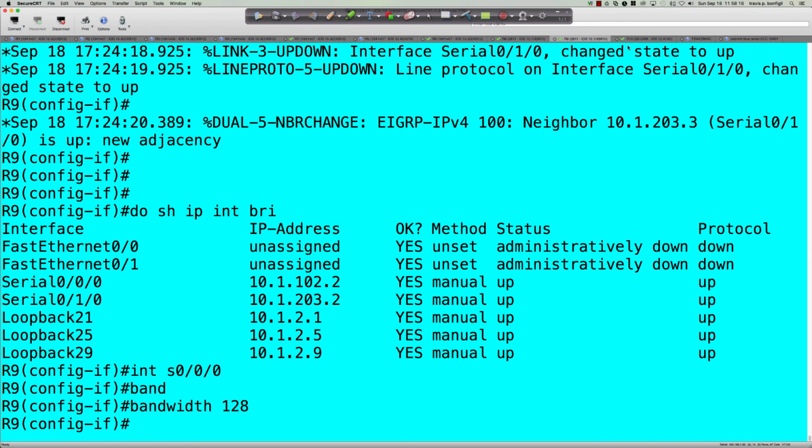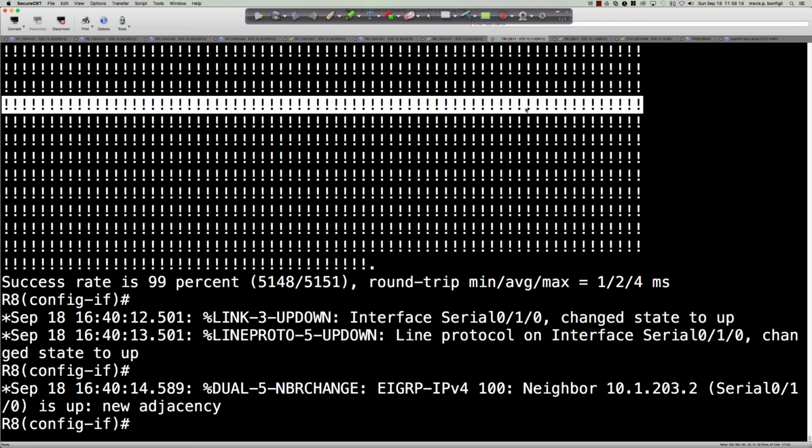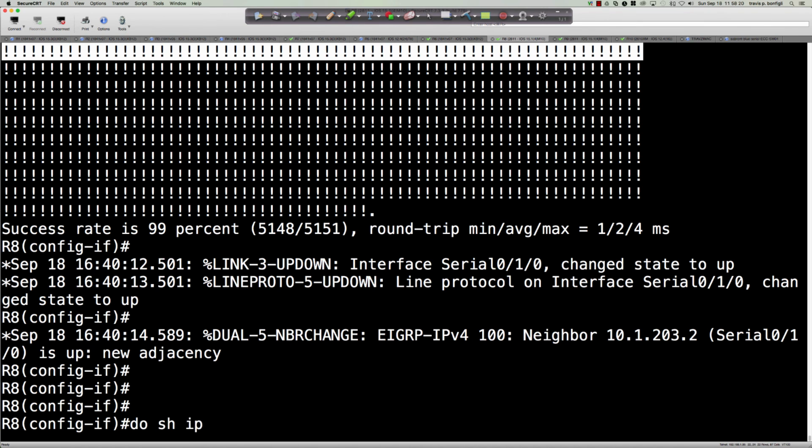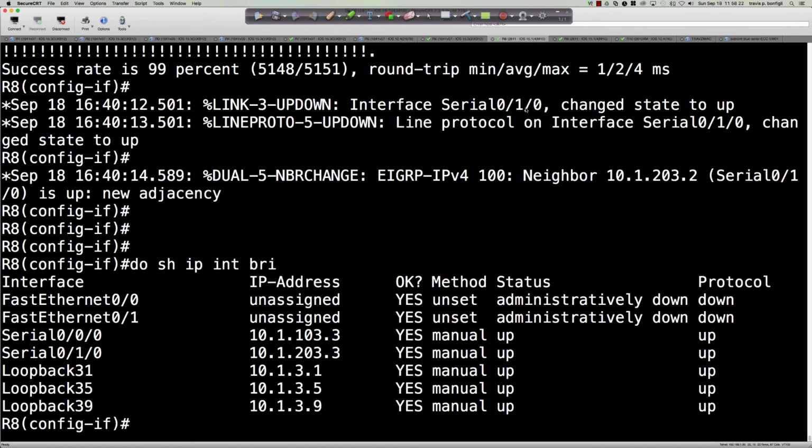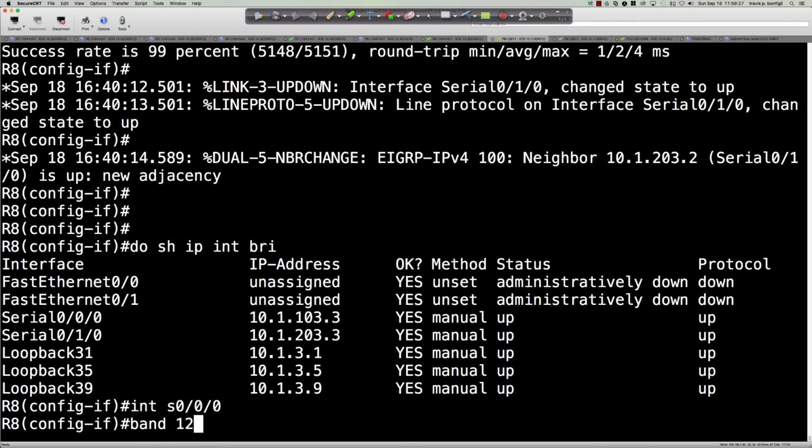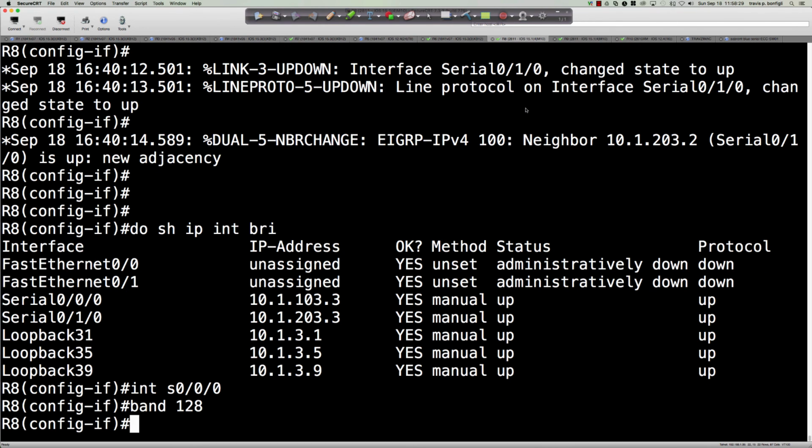And then we're going to do the same thing over on router 3. Do show IP interface brief. Should be serial 0/0/0 as well. It is. And so we're going to adjust the bandwidth value to 128. So now we're going to see some different things. So now when I say do show IP EIGRP topology,